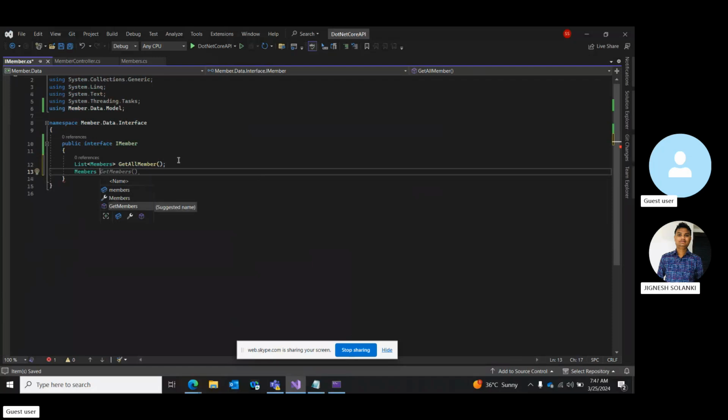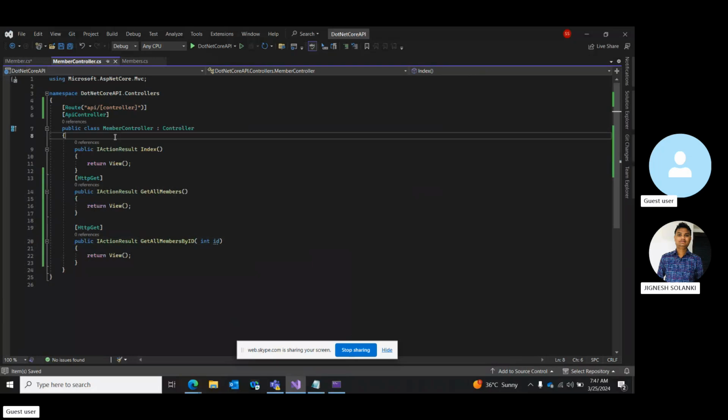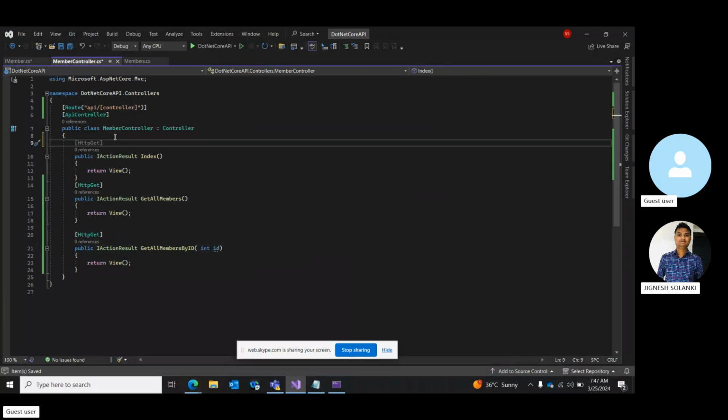Get members will, and we are going to pass in an id. So from your controller you are going to hit this. So how are we going to hit this? First we'll hit this to your controller. So before this you should write your